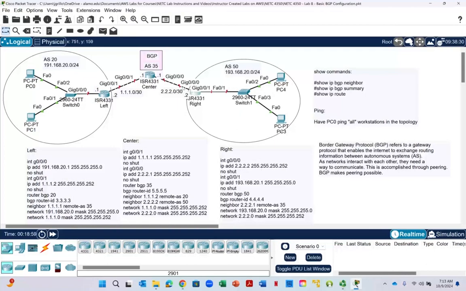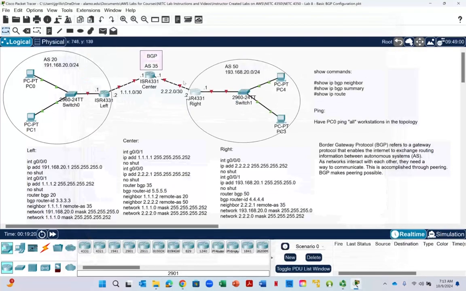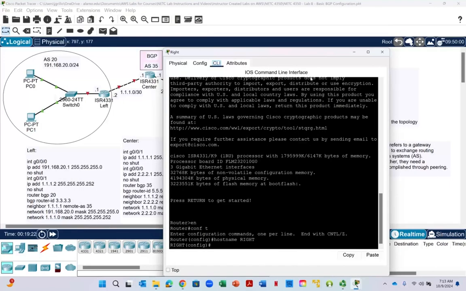The right router is connected to the center router on gigabit interface 0/0/0, while internally it's connected to the switch on gigabit 0/0/1. All right, so I will turn that back off, and just to make sure we're doing it correctly, we'll click on the right router again,